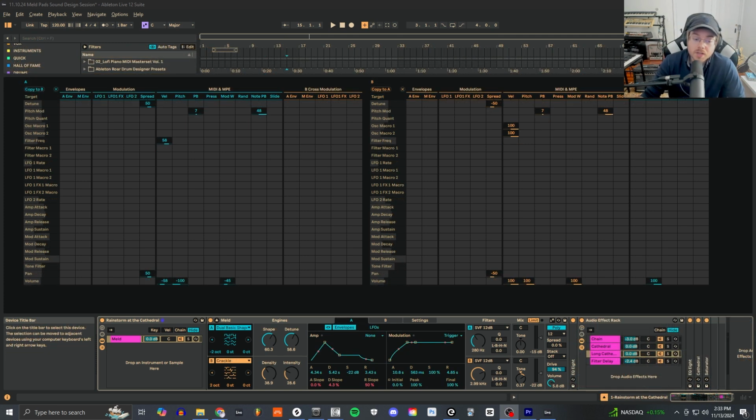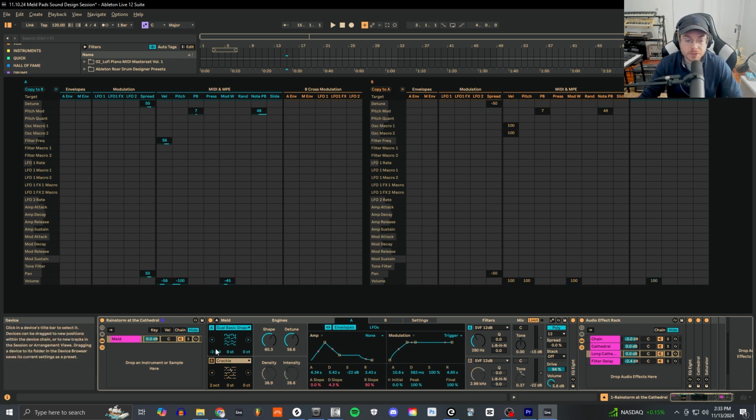So the essential idea here is you're going to have one oscillator that gives you the musicality effect of something that sounds like a regular pad sound, and then maybe another oscillator that gives you a more textured effect, and you can cross modulate between the two different sounds. So if I just turn this one off and play a chord,